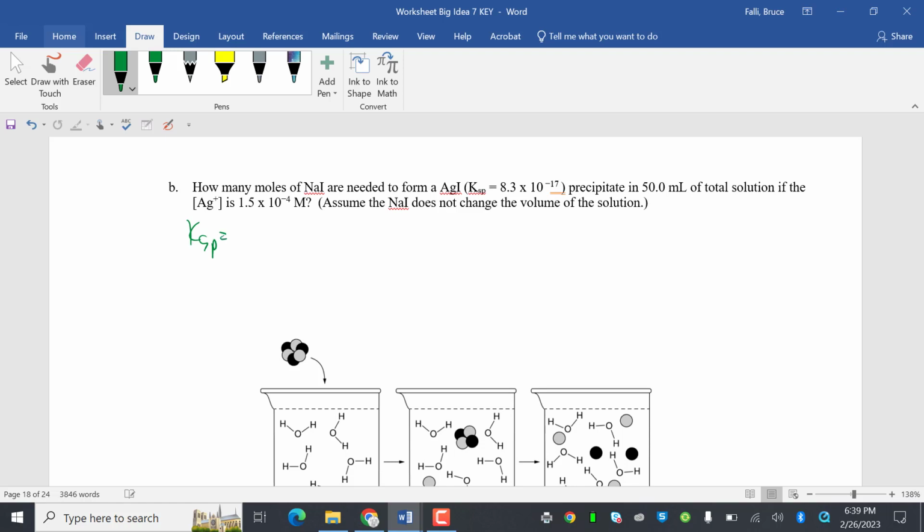KSP equals Ag positive times I negative. KSP is, oh, that's huge, 8.3 E negative 17. And then Ag positive is 1.5 E negative 4. And then we'll solve for I negative,